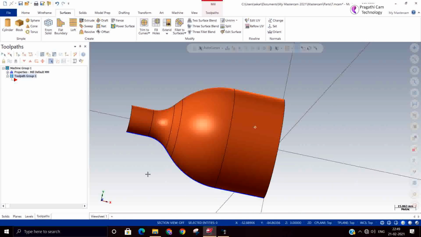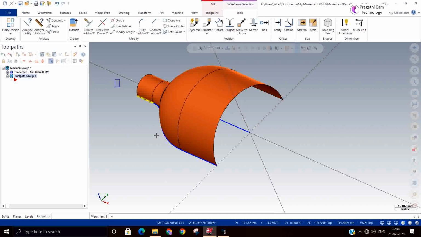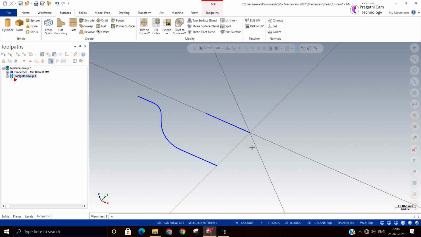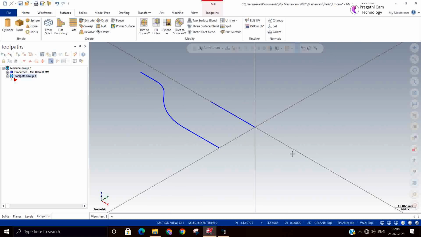But for this toolpath you no need for surface. Okay. So I just hid the surface. The surface is only to show you how the toolpath is going to look like.